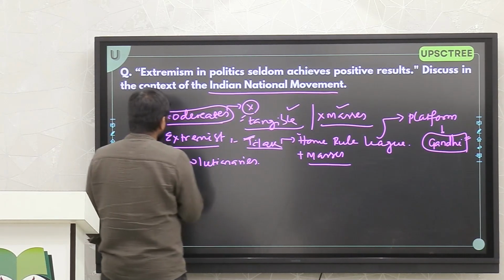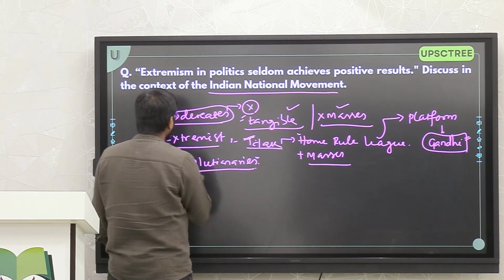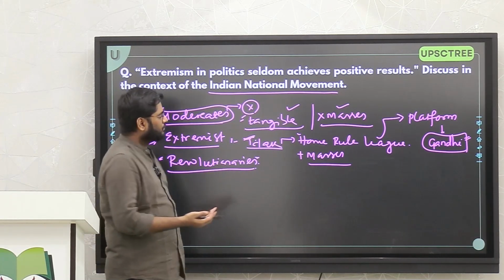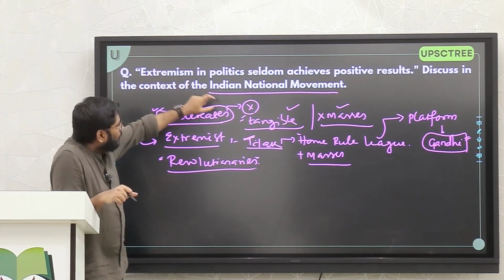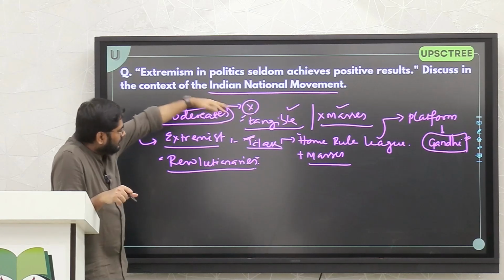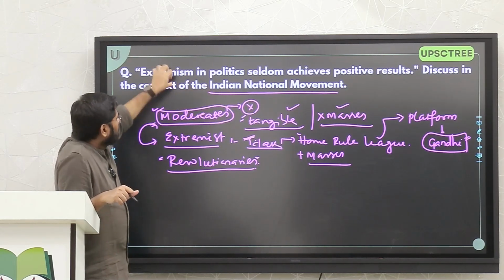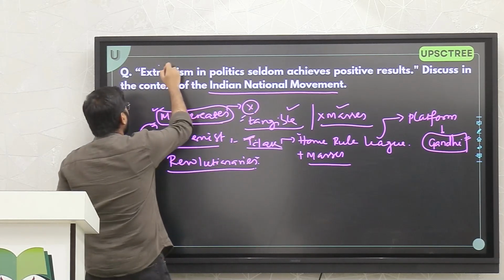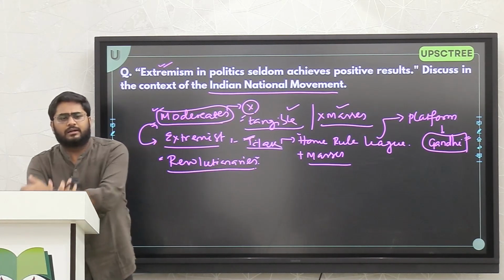Revolutionaries: these are individual heroic actions, but there is a counter narrative to this one. But some other time we'll discuss that. Nonetheless, extremism in politics seldom achieves positive results. Moderates didn't achieve much. Extremists, if you view that statement from that point of view, you have to say that although extremists such as Tilak didn't achieve much,